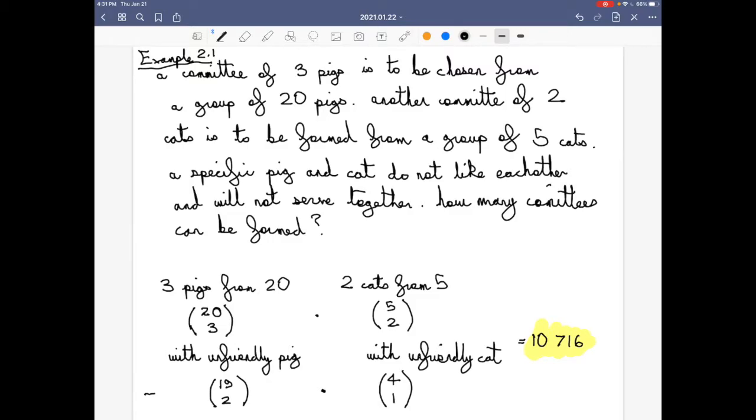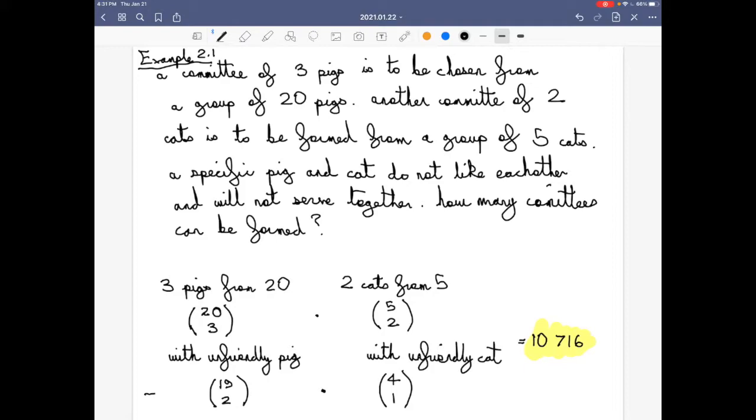And if we automatically include the unfriendly cat, there's 4 friendly cats left to fill the other spot on the committee of 2 cats. So there's 19 choose 2 times 4 choose 1 committees where the unfriendly pig and unfriendly cat would be forced to serve with each other. So we subtract those and can type this into the software I'll show you on Monday,